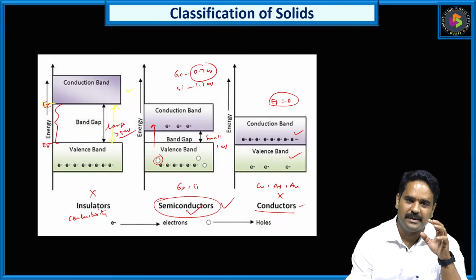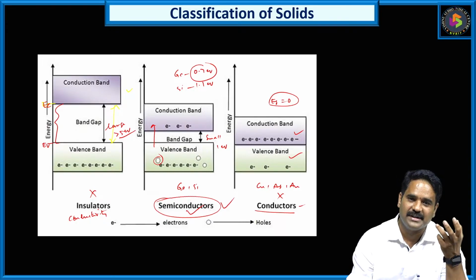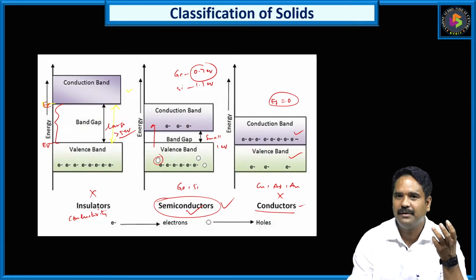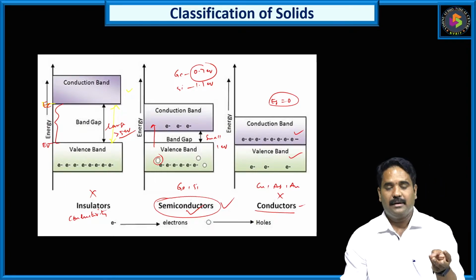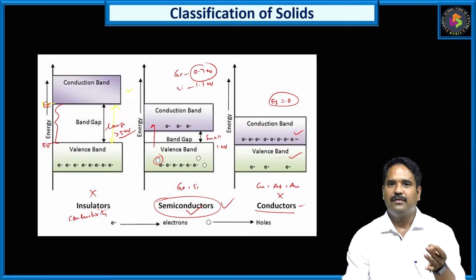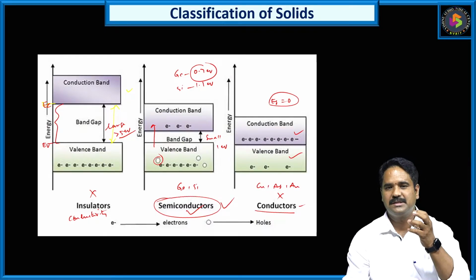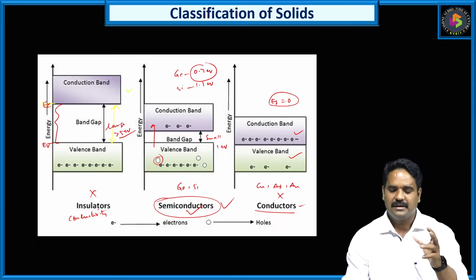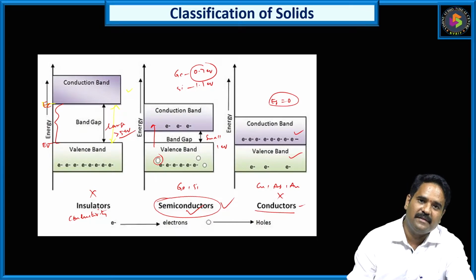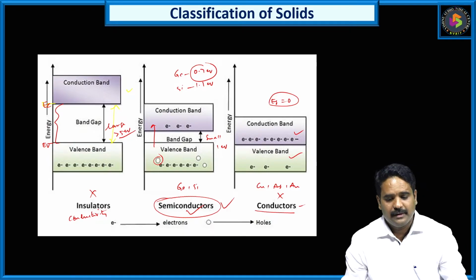Using p-type and n-type semiconductors, different devices can be constructed, like diode, triode, tetrode and so on. A diode can have different applications like solar cell, LED, photodiode, rectifier. It can act as a switch also. So the diode has many applications. A triode is also very important as an amplifier. Mostly, semiconductors are very important for electronics and communication engineering applications. So this is the basis to classify solids into insulators, semiconductors and conductors.